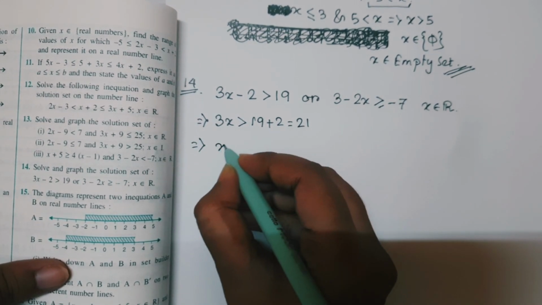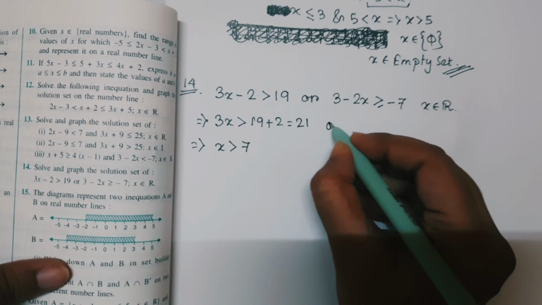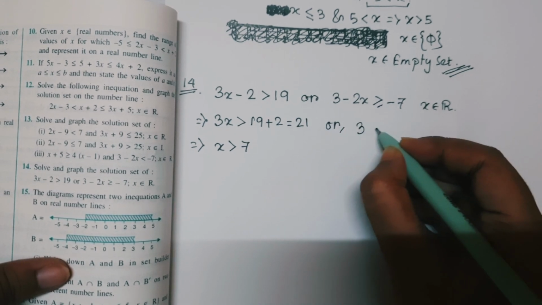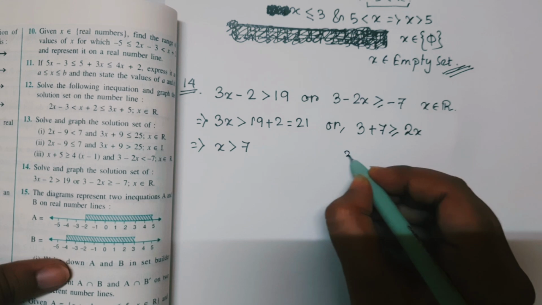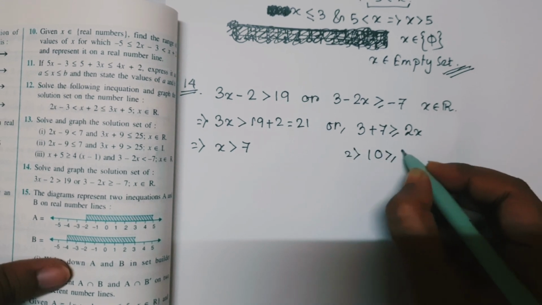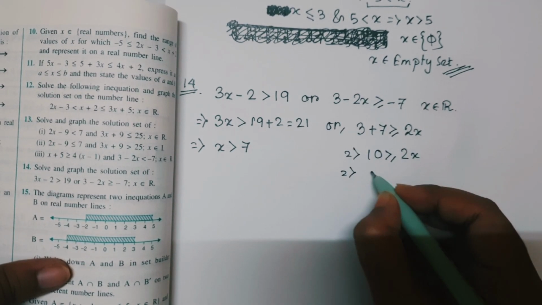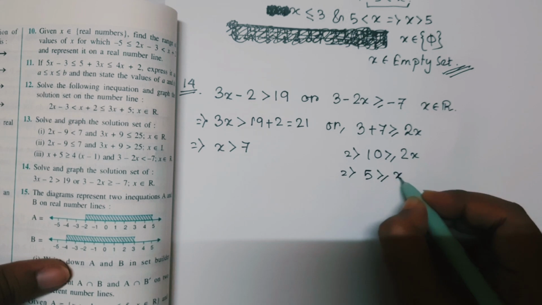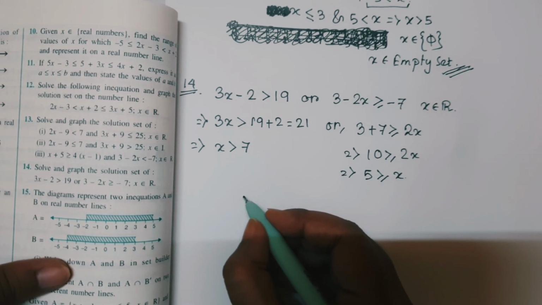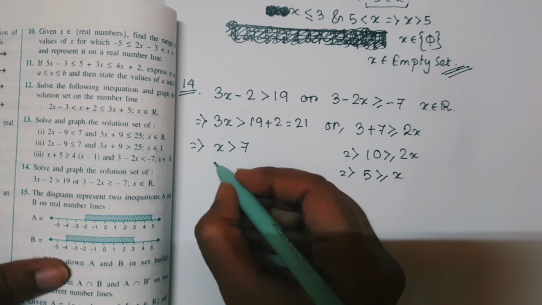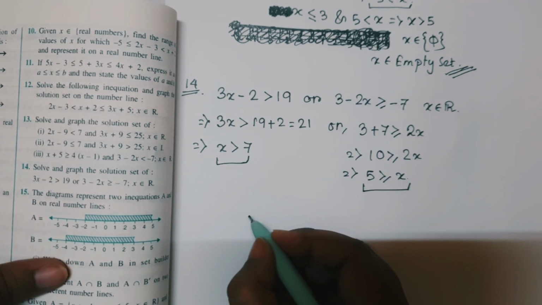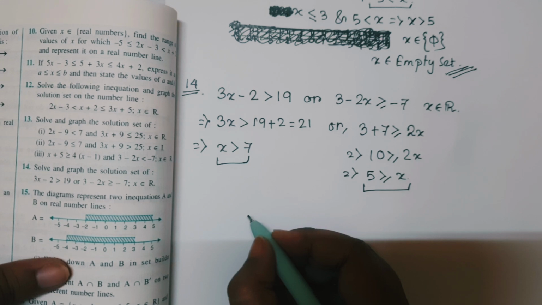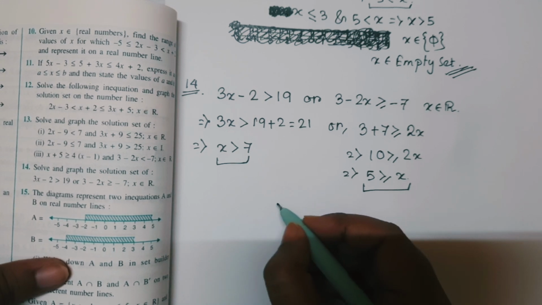So x is greater than 7, or 3 plus 7 is greater than or equal to 2x. That means 10 is greater than or equal to 2x. That means 5 is greater than or equal to x. Now this or this, or means union, right? So